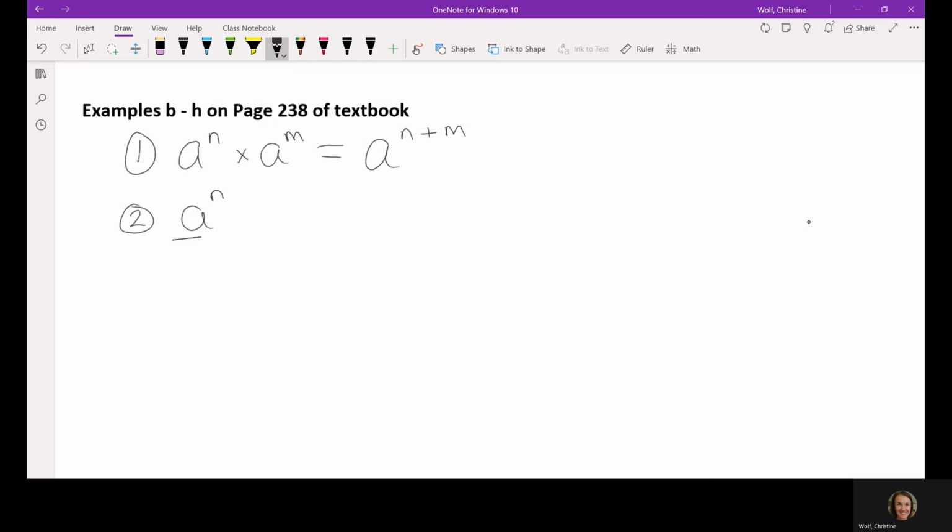Similar, but now we're dividing. So again, you have 2 bases that are the exact same. So the big numbers, you have 2 different exponents. And when you're dividing, who remembers what we can do with the exponents, Emily? Subtract them. So again, the base stays what it is, and you can rewrite it as n minus m to